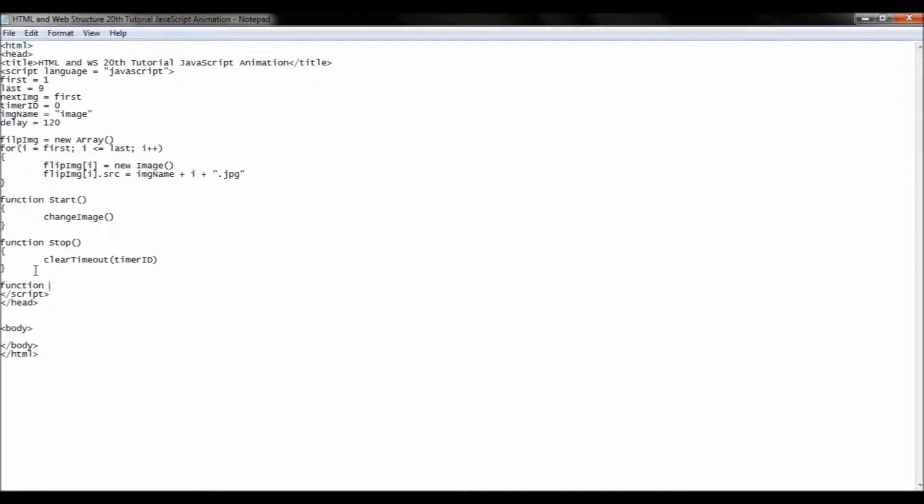So function change image. Okay, change image. Now in this function we will have to find the reference to the image on the page itself, and then change its source basically. So what we do is we write document in square brackets. We specify the name of the image, so img name, because we already have it in the variable, dot src